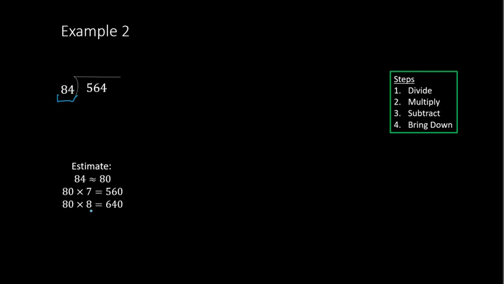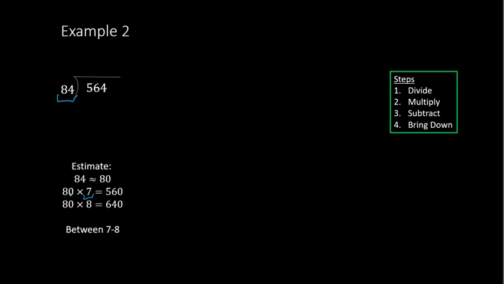So 64 with a 0. All right, so 564 would fall within that range. All right, well, it looks pretty close to 7. So let's start with a 7. All right, so we think it's going to be between 7 and 8. Again, it's not exact. It could be maybe 6 or 9, but it's going to fall pretty close to 7